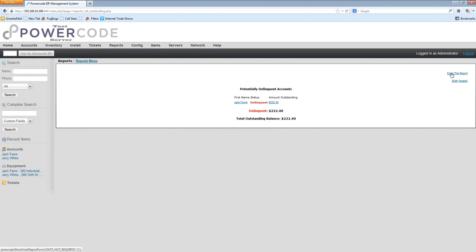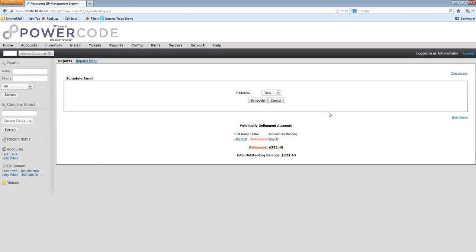Now we can have this report emailed to us. So if I select email report up in the top right, it'll ask me how frequent do I want this report emailed to me. I could select daily, weekly, and monthlies. Now the only question that may come up is who is this report being sent to? And it is going to be sent to the logged in user that is requesting the report.